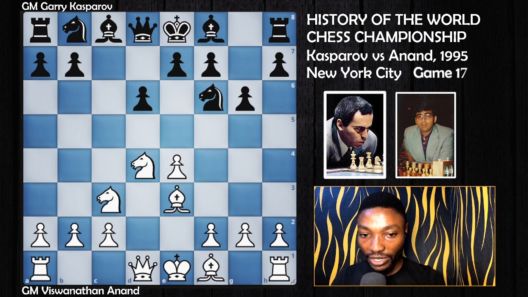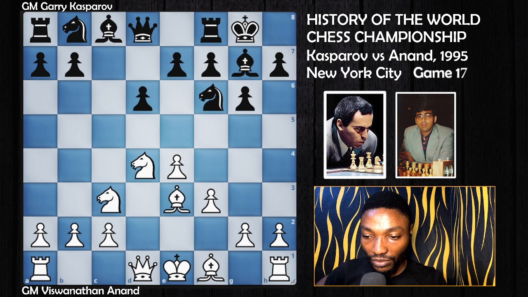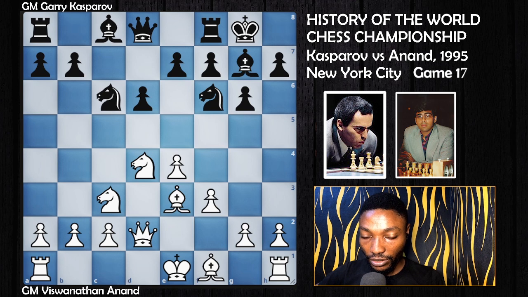Bishop to e3 comes up. Bishop to e7. After f3, Garry Kasparov castles the short side. Queen to d2. Knight to c6. It is very important to notice that these two pieces align together to remove this strong defender on this particular g7 square. So after bishop to c4,